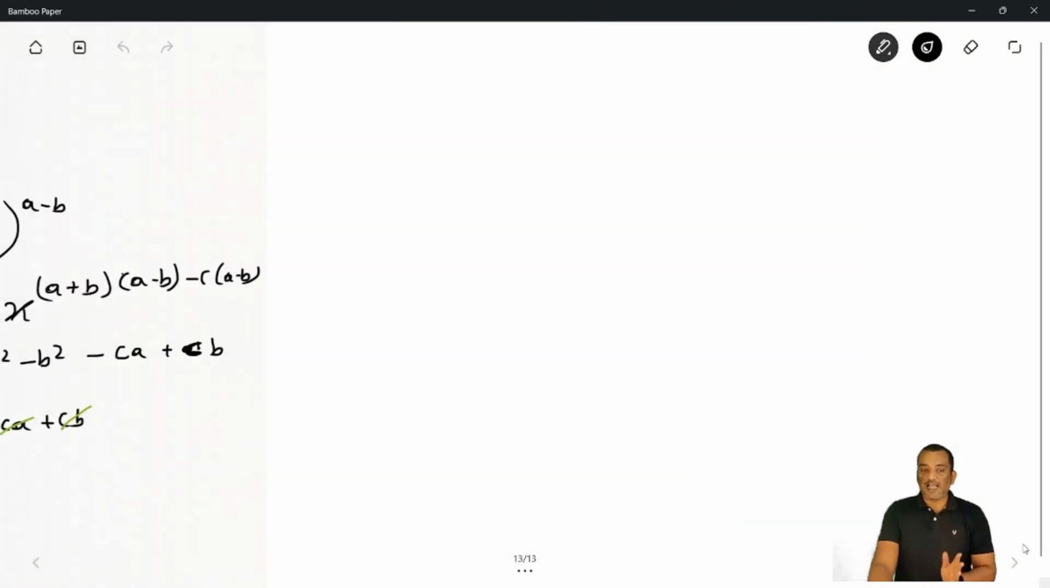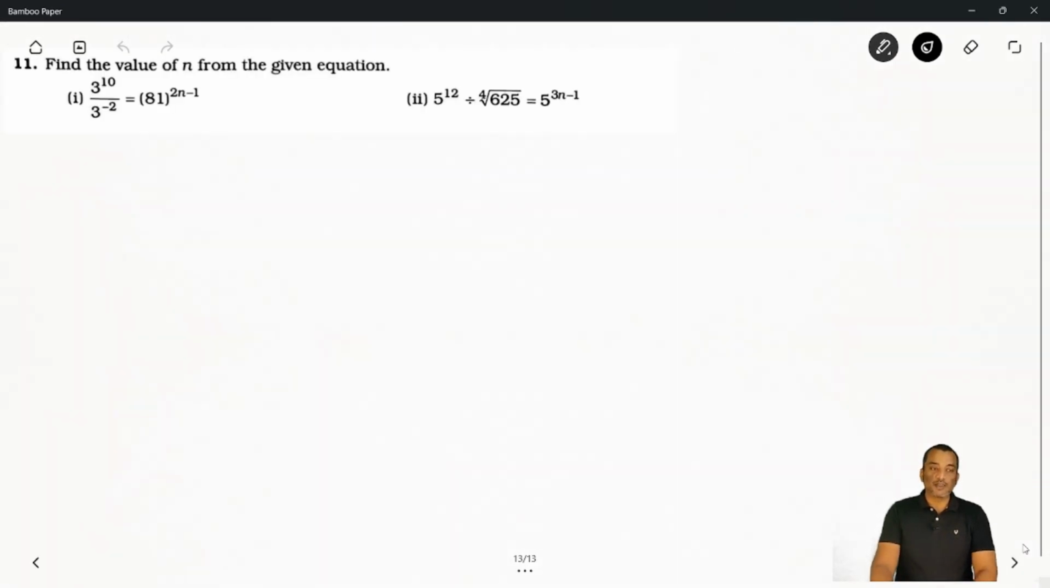Now coming with the last question of this exercise. So it is saying find the value of n from the given equation. So let me solve the first one. So first one it is saying 3 to power 10 by 3 to power minus 2, and whole is 81, whole is 2n